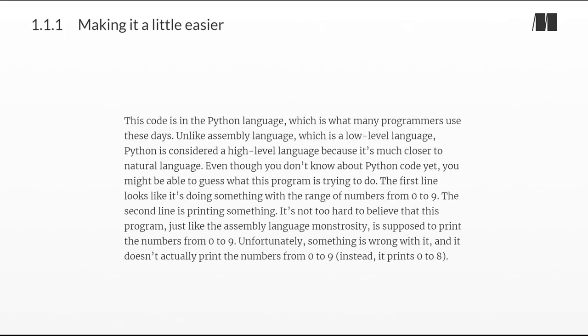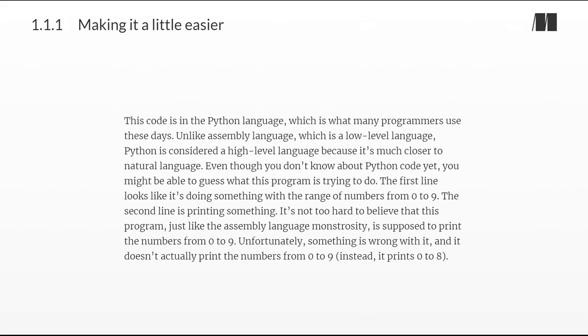Section 1.1.1. Making it a little easier. Okay, no more of that. Let's move on. Would you be happier reading this code below? See this code. This code is in the Python language, which is what many programmers use these days. Unlike assembly language, which is a low-level language, Python is considered a high-level language because it's much closer to natural language. Even though you don't know about Python code yet, you might be able to guess what this program is